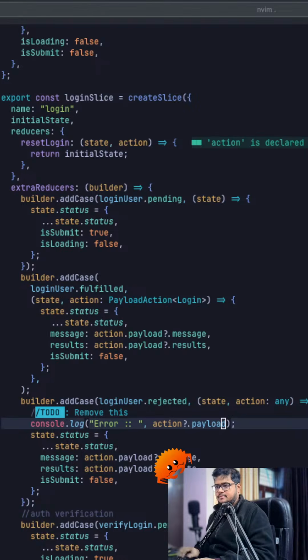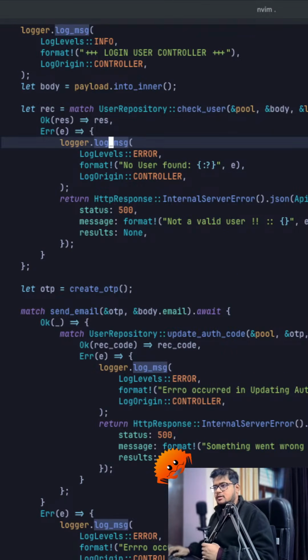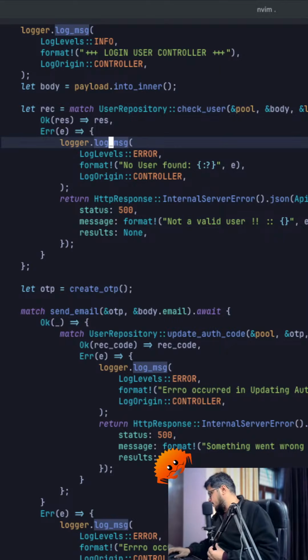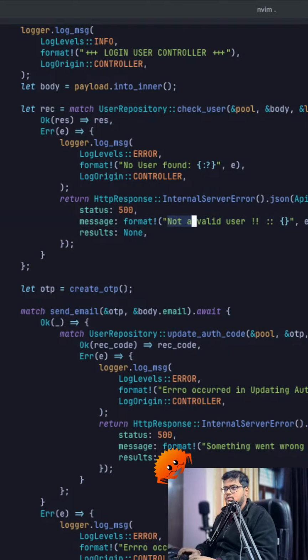So it means, okay, so maybe I can just update the results from there only, but it's just rejected, right? So, wait a minute. So I did none. I get not a valid user and none. What I'll do here is